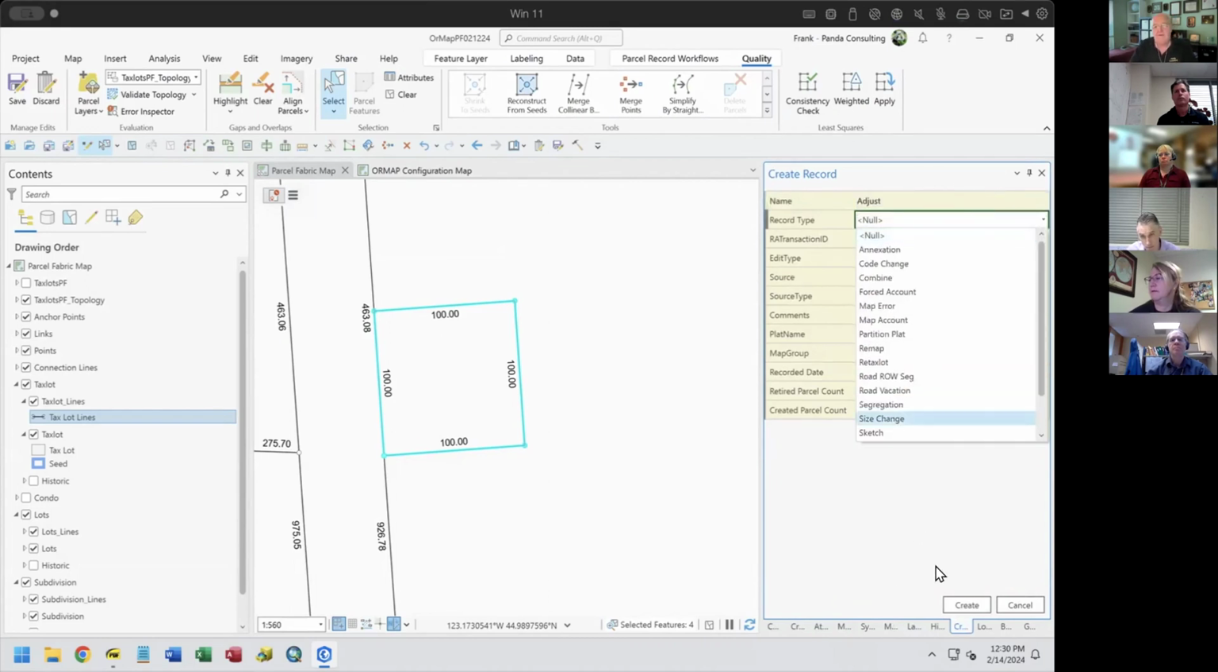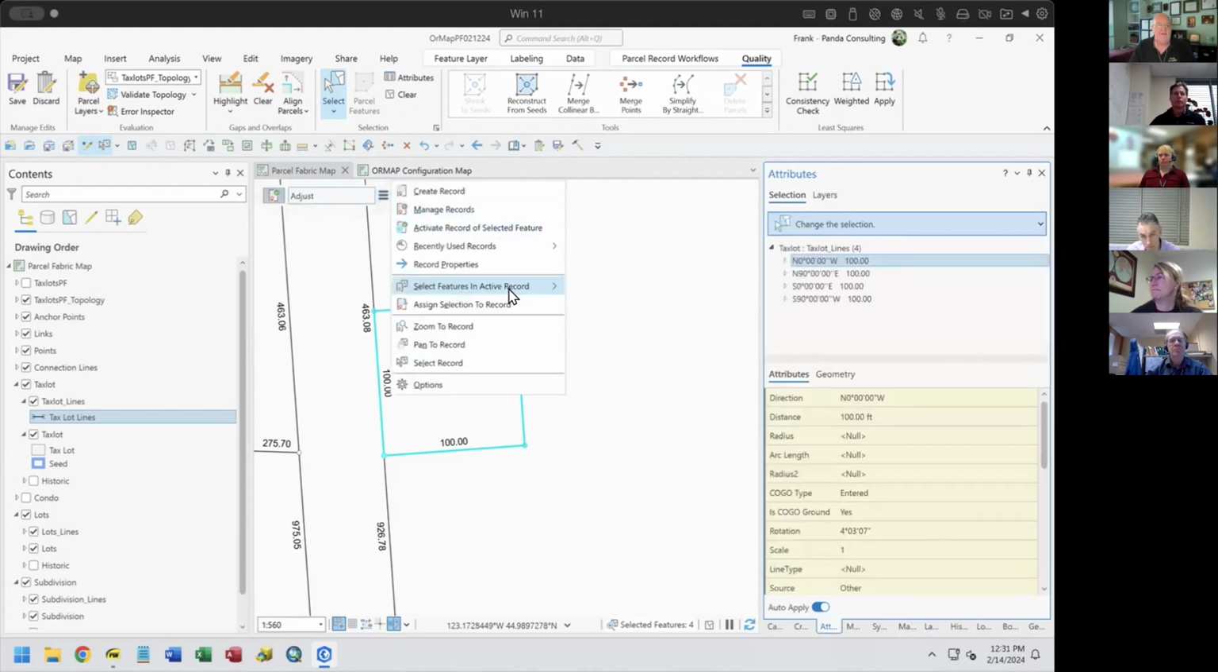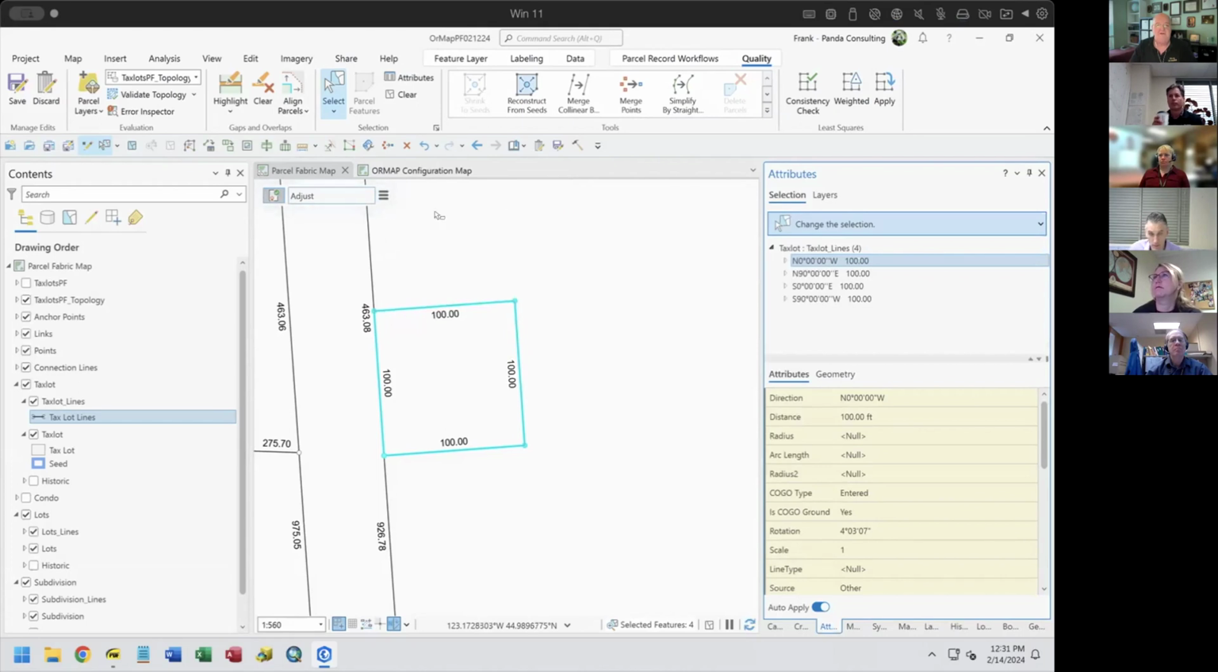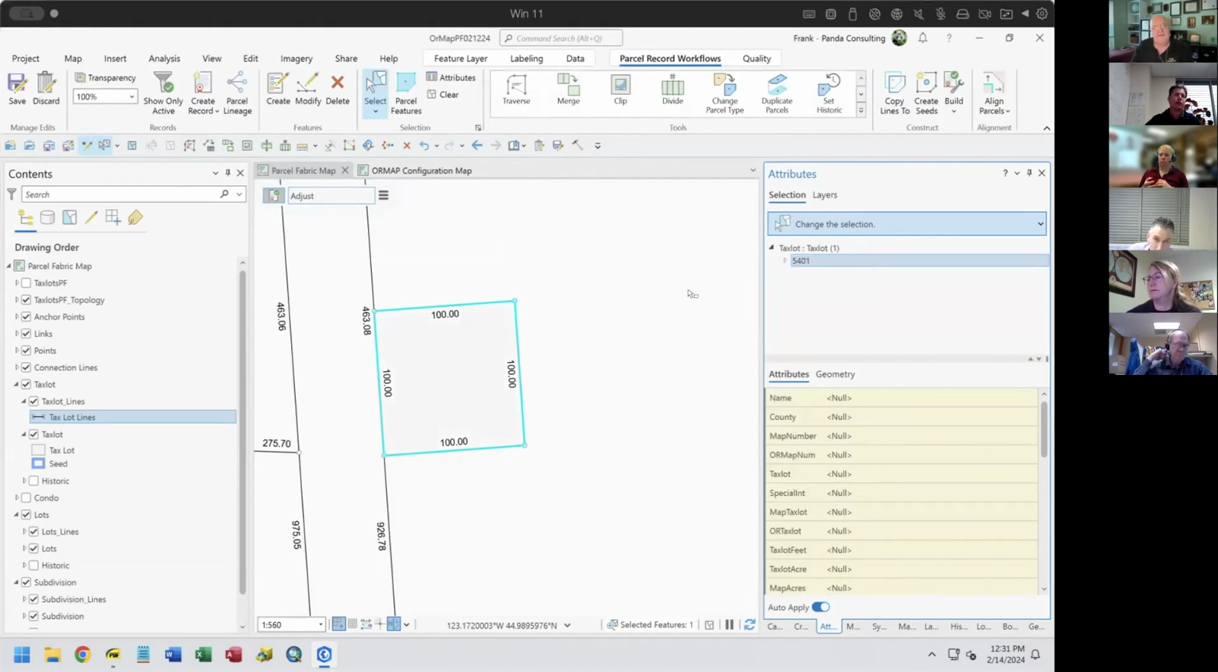Okay, create a record. Create a record. Now I'm going to assign all these to my record. Then I'm going to create my seed. Then I'm going to build it. All right. So the interesting thing is, if I have a ground to grid correction set, every line that I